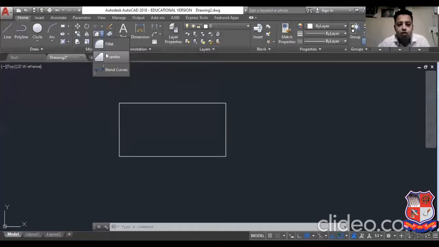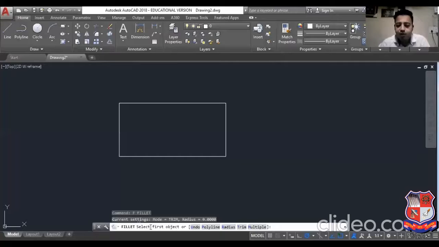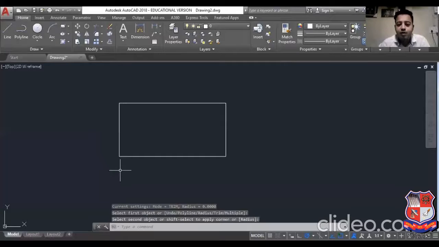Okay, so you can do the fillet command, right? So let's see fillet from here also, and the shortcut is F enter. Okay, so here it will ask me to select the first object. Okay, if you select the first object and select the second object like the second line, it will not create a fillet because there is no fillet radius applied till now.